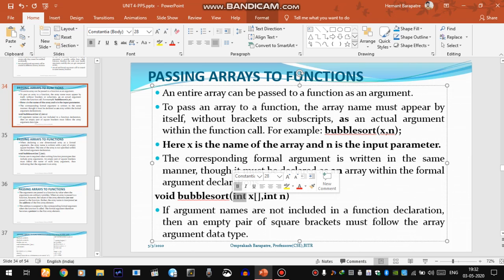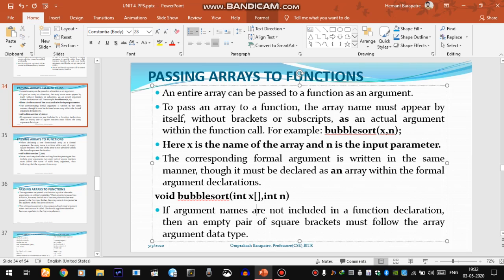Whatever type of array we are passing, we have to provide the data type of that array, then the name of the array along with the subscript. You don't have to mention the size in the subscript as it is passed through the second parameter n, which is the number of elements inside x.